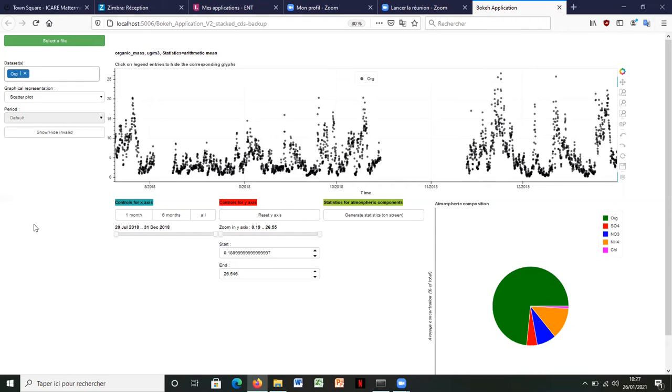So, first of all, I will show you how to visualize several datasets at the same time. The multi-choice widget called datasets on the left is the most important widget of the dashboard.